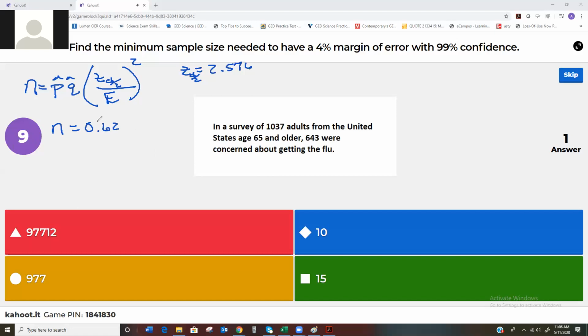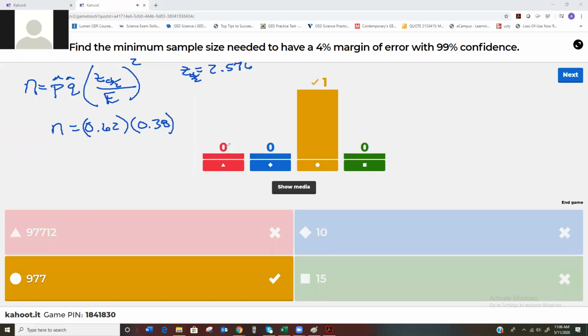So this is the one we did before, and I think the numbers are the same. So our p hat was 0.62, and our q hat was 0.38. And then our z sub alpha over 2 is 2.576 with a margin of error 0.04. And then you square that. I think that's right, isn't it? Does anybody see anything wrong with that? And the 0.62 comes from the